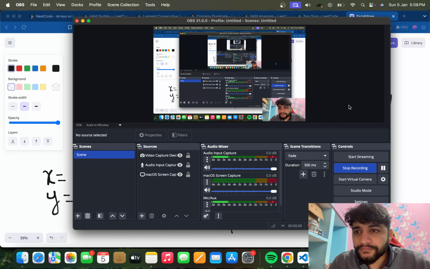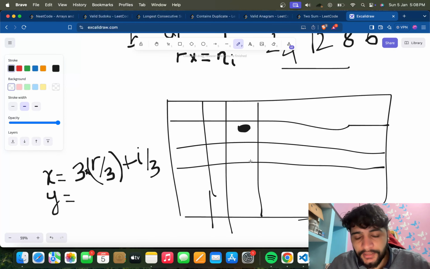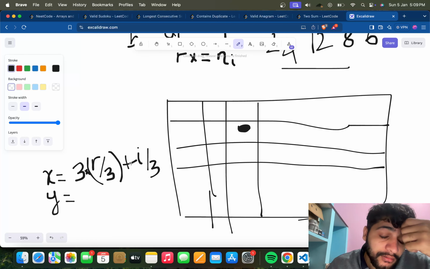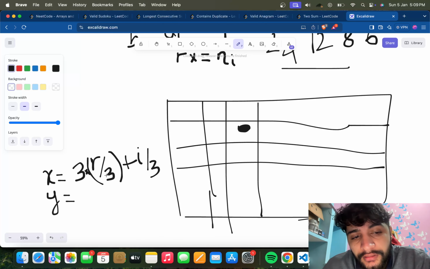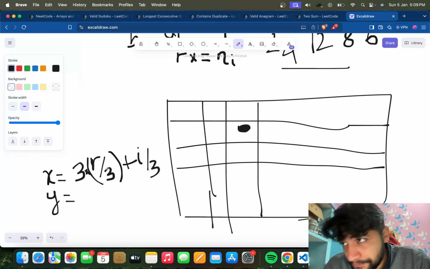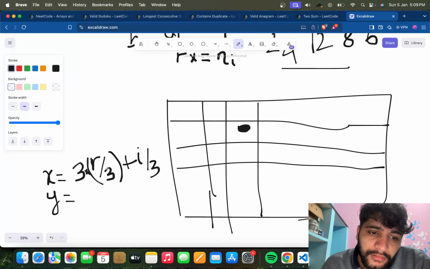Okay. So what we were discussing is that we had to find the way to check the box, right? So 3 into R by 3 plus I by 3. Does it ring a bell? R by 3 means the value of R is fixed. Let's say 9. 9 by 3 is 3, 3 into 3 is 9. So 9 plus